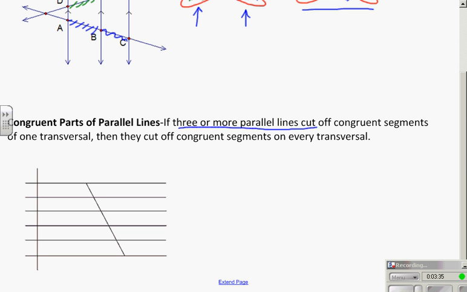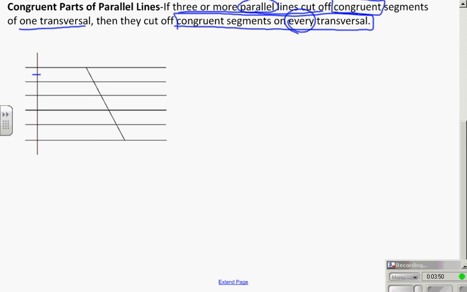Now, a similar theorem, and I'm going to come back and point out how they're different, is the congruent parts of parallel lines. Again, we're talking about 3 or more parallel lines cutting off congruent segments of one transversal, then they are going to cut off congruent segments on every transversal that they meet. And so in this case, if these pieces are all equal, then these pieces are equal, because obviously these are our parallels. That means if I come and draw a transversal like this, that these pieces are all